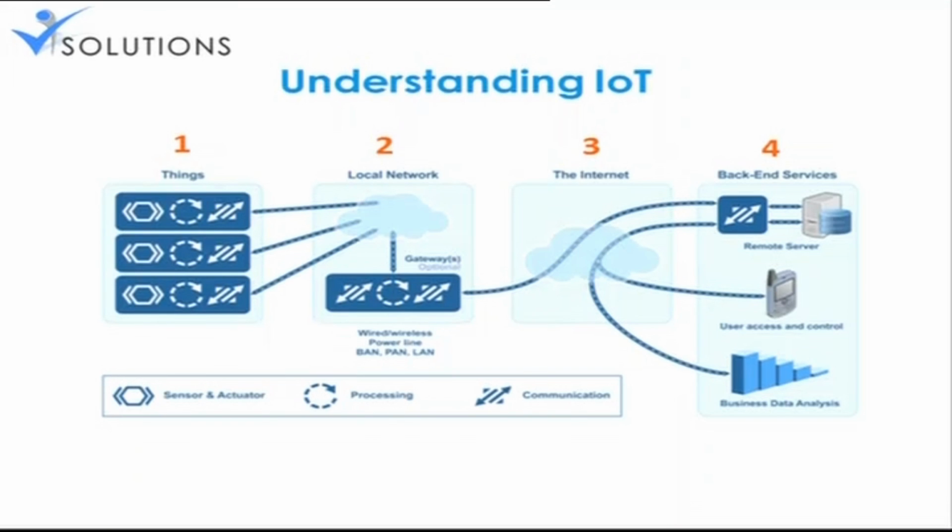Then we have to go for LAN. Usually these LANs can be wired, wireless, or it can be LAN, PAN, or BAN. Basically it can be wired type, but usually it is not good to prefer wired type. It is fine to go for wireless. It can be a personal area network or a wide area network, or even sometimes your LAN, the local area network.